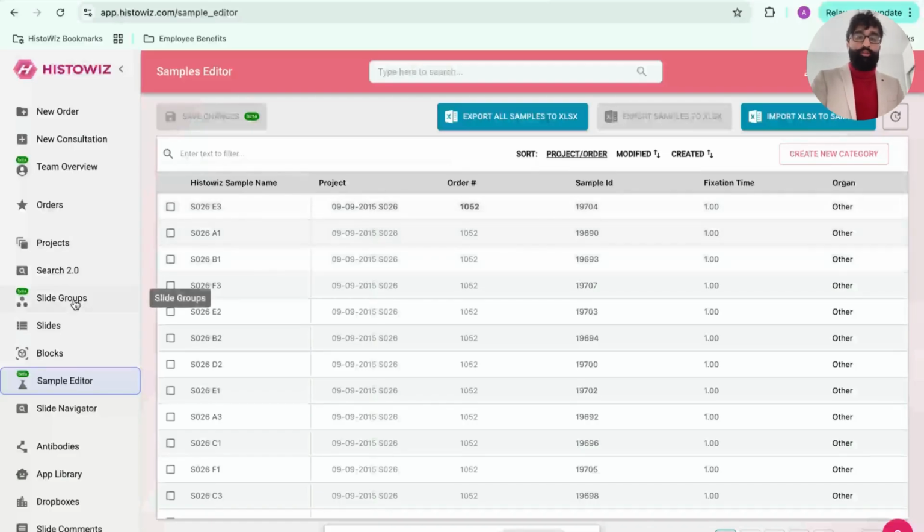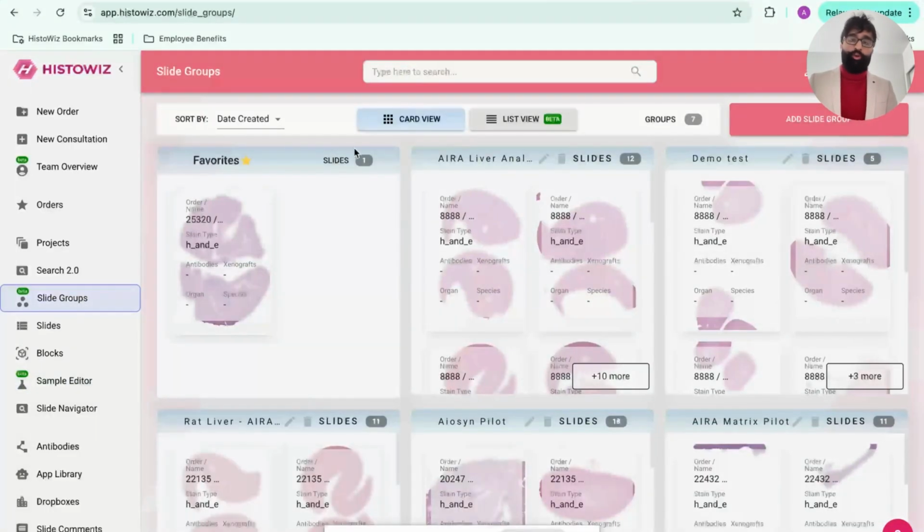What this essentially means is it's like a Spotify playlist. If you are creating a playlist, you can essentially take in songs from within an album or across albums and create a playlist. Similarly over here, you can pull in images within your order or multiple orders and multiple projects, put it together, and create a slide group which is easily shareable with a simple link.